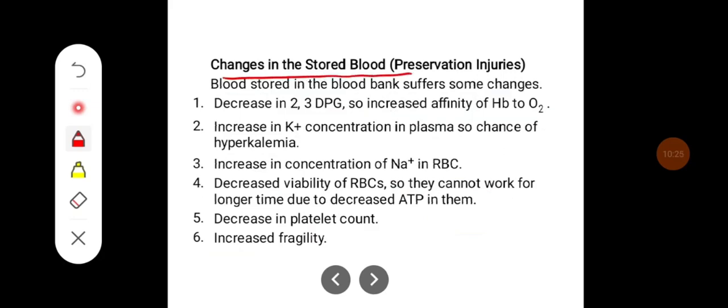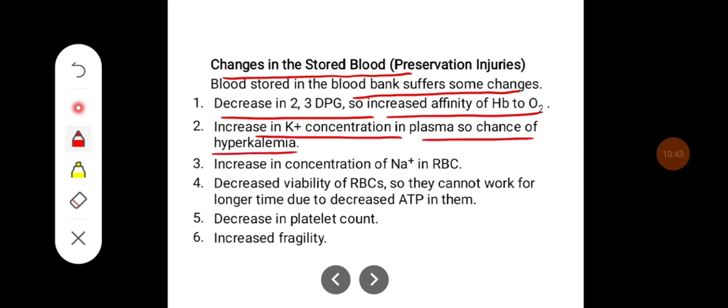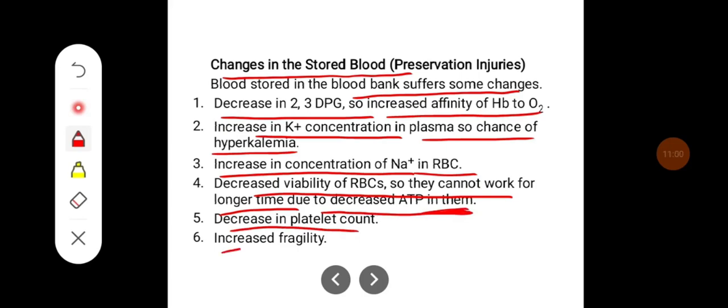Changes which occur in the stored blood. Blood stored in the blood bank suffers some changes. There is a decrease in 2,3-DPG, so there is an increase in the affinity of hemoglobin to oxygen, and an increase in potassium concentration in plasma, so there could be a chance of hyperkalemia. There is an increase in the concentration of sodium in the RBC, and decreased viability of RBC so that they cannot work for longer due to the decreased ATP in them. There might be a decrease in the platelet count, and there